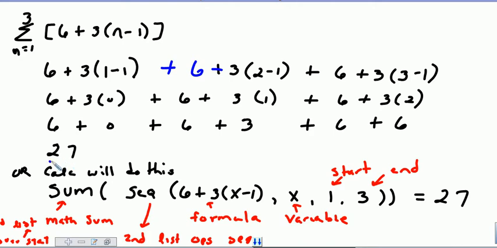Now, if the number that you're doing is from 1 to 3, it's probably about as fast to do this by hand as it is to do it on your calculator. But what if you're going from 1 to 50 or 1 to 1,000? Then that takes a whole lot more effort. It's easier to make the calculator do it. The hardest part of this is remembering where in the calculator this is.